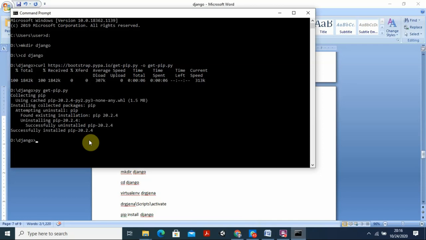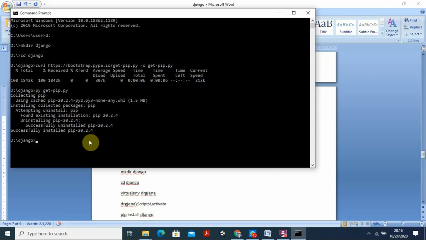Okay, so suppose you want to check it there also, or you want to update also, you can use this command: py space hyphen m space pip, then install space hyphen capital U pip. Anyway, it is the latest version, 20, so there is no need to go for that one. The next thing is that we have to go for a virtual environment.